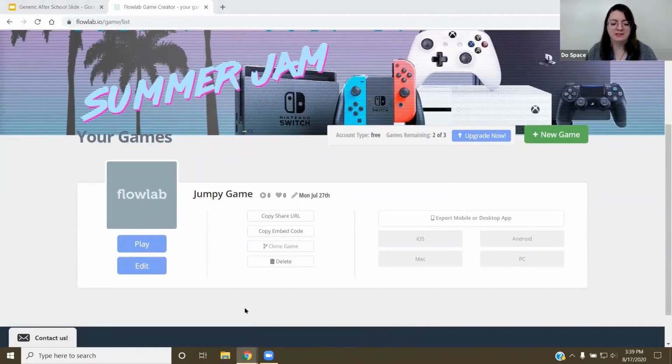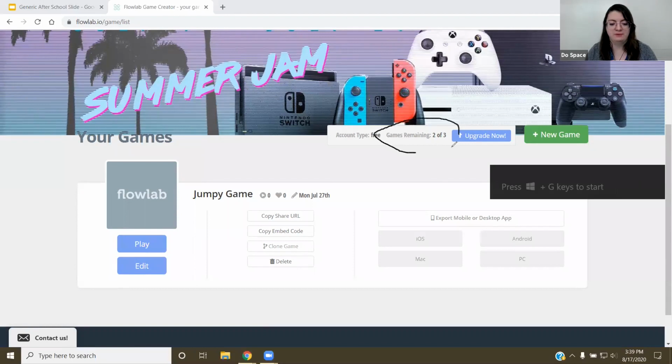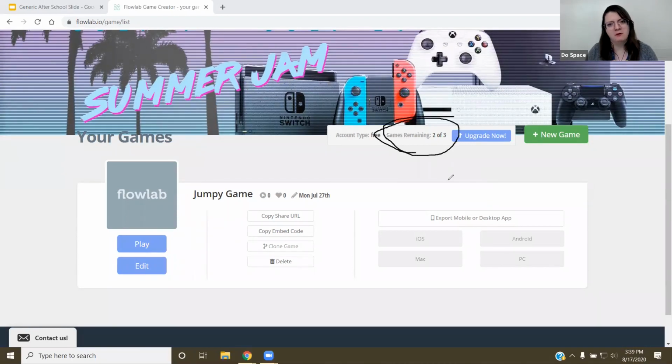After you create an account, it asks you want a free account or a paid account. Just go ahead and choose free. But there's a thing it talks about how there's only a game limit of 3. And you're worried like, oh, am I only allowed to make 3 games at all? And I can't make any more than that? Not true. You can just only have 3 saved at a time with their free account.